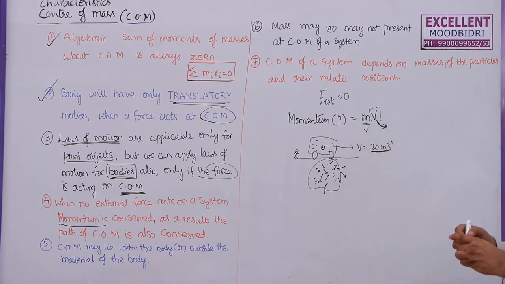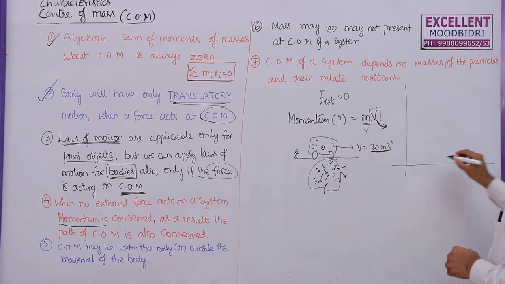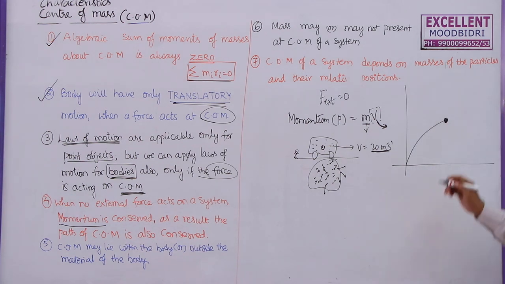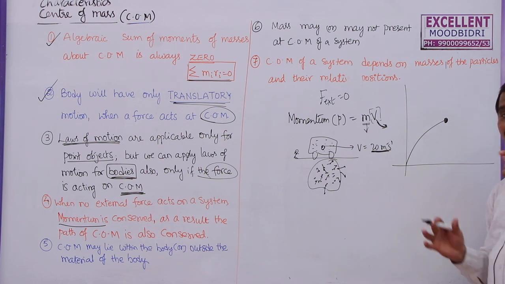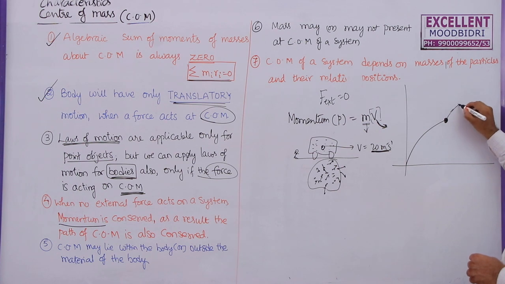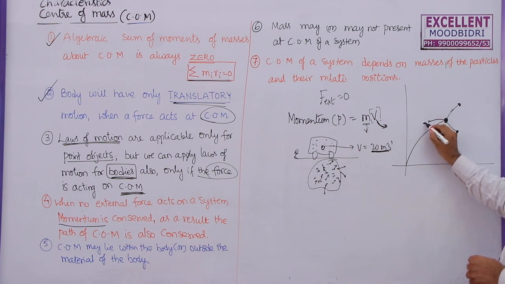So what is the meaning of this? Now see this one. If you throw a bomb into the air, the explosion of the bomb is not due to an external force. The explosion of the bomb is due to internal forces. So due to the internal force, let us say one part is flying in this path. This is one part of the bomb. One more part is flying in this direction, this is one more part, the middle portion, and let us say one more portion is moving in this direction.